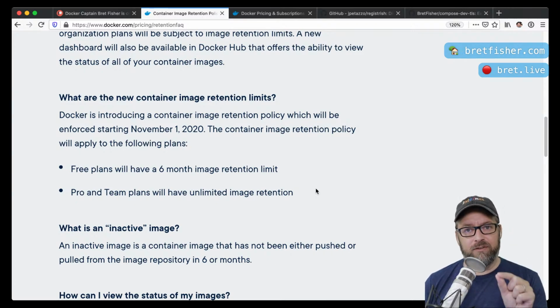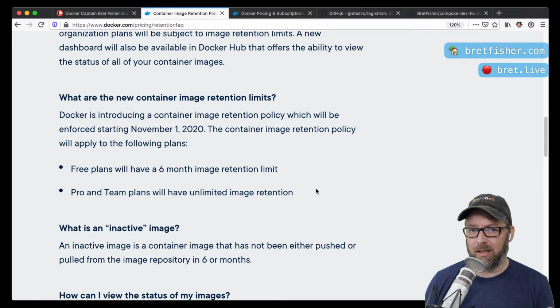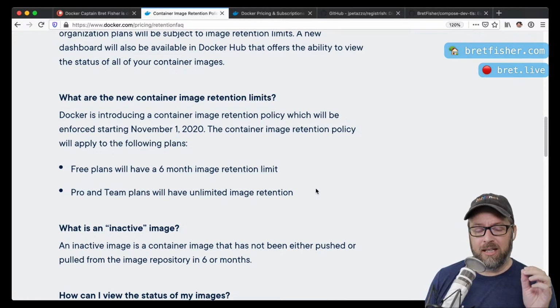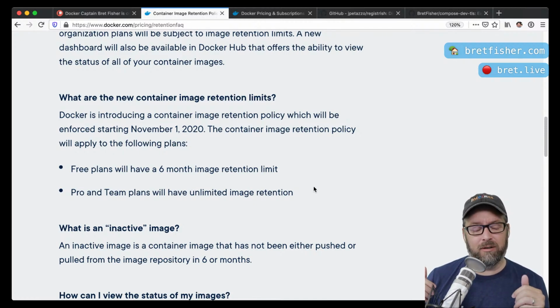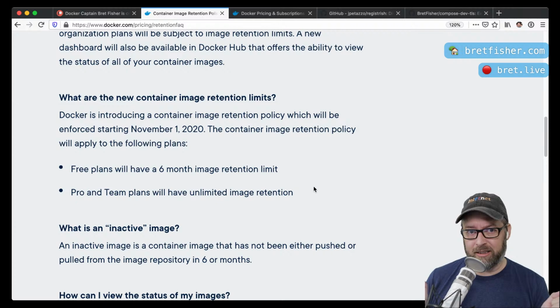One is, if you're storing images for free, again, if you're paying $5 a month on Docker Hub, none of this is an issue. But if you're using it for free, then the images you're storing there, if they haven't been touched, if not a single tag of that image repo, that repository, if nothing has been pulled in over 6 months, then that repo will be deleted.